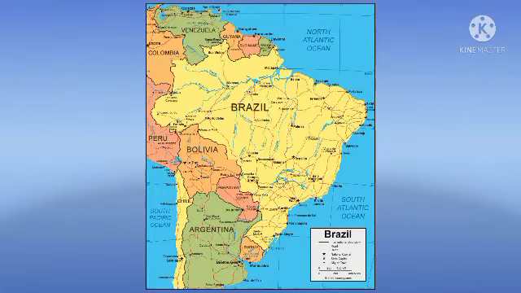Because we have studied India, we know many things about India. But with Brazil, that will not be the case. So look at the map on your screen now. This map shows many things. The first foremost thing you have to identify is that the equator is passing through Brazil. That is, 0-degree latitude is passing through Brazil.